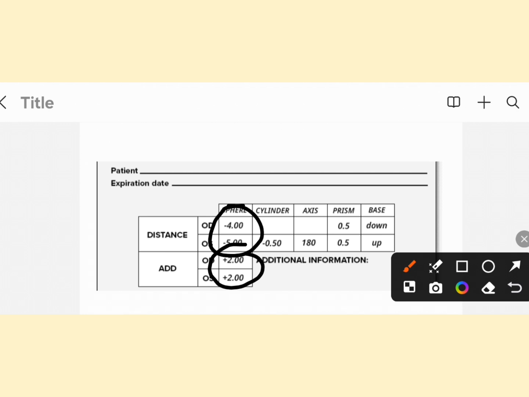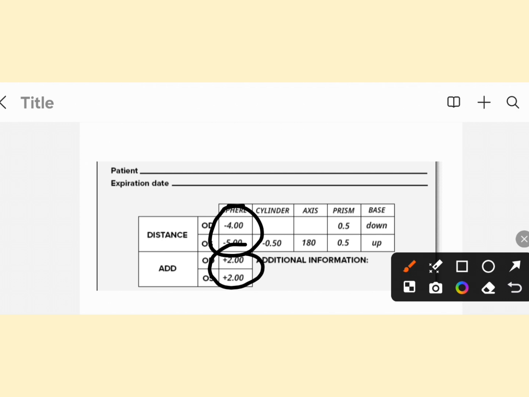So let me tell you, sometimes what happens is that all the patients who have a minus power are called myopes, and those who have plus power are called hyperopes. So if you are a myope, sometimes they tell that if I remove the glasses, I don't feel difficulty to see for near, but prolonged near activity leads to headache, dizziness, eye strain, and I cannot focus properly. Because you are not putting the correction that is needed, and you are pressurizing your eyes to see the near object clearly. That is very wrong. So this is why there is the need of near correction. So this is why it is given.